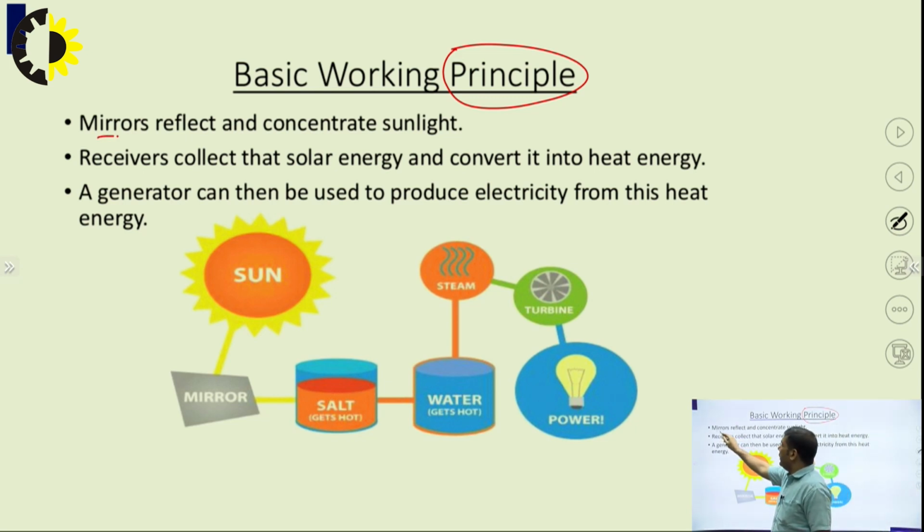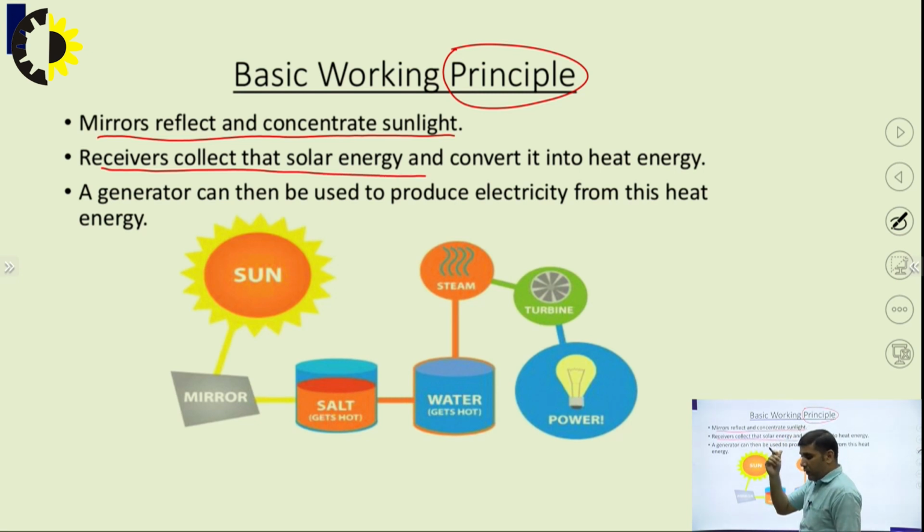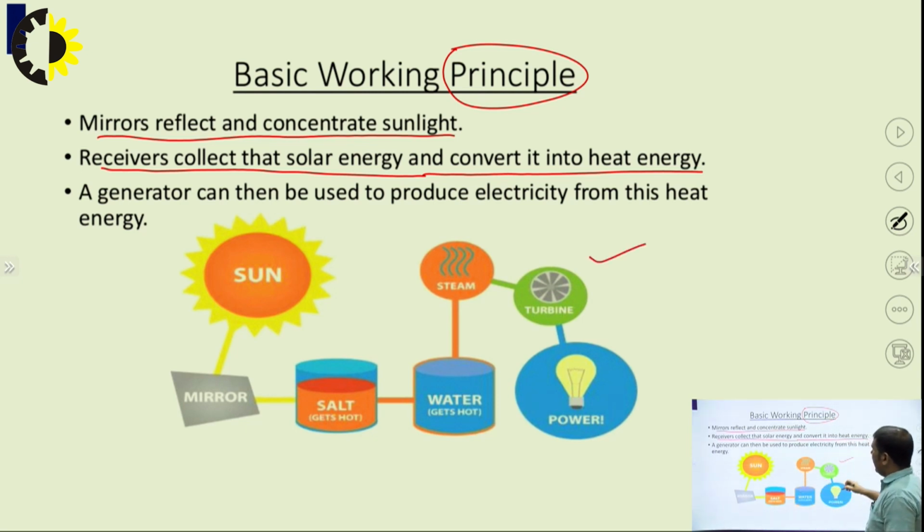So mirrors basically reflect and concentrate the sunlight toward the targeted areas, and we have receivers which collect that solar energy, which is directed toward a particular point, and then convert it into heat energy. Okay, so then a generator can be used to produce electricity from this heat energy. So this is basically a very simple diagram which explains the working principle of solar thermal